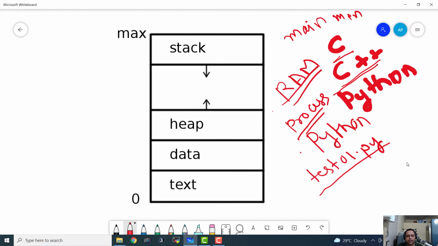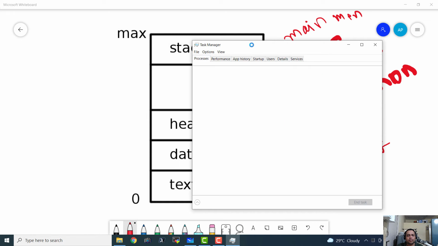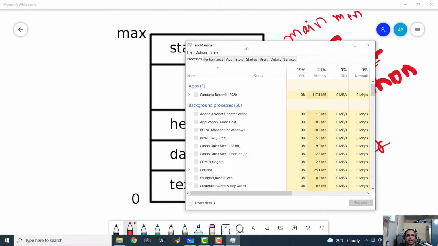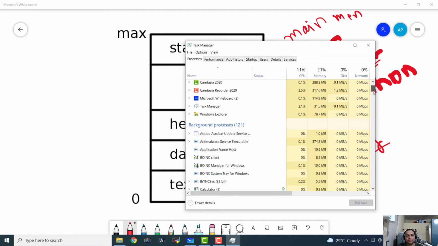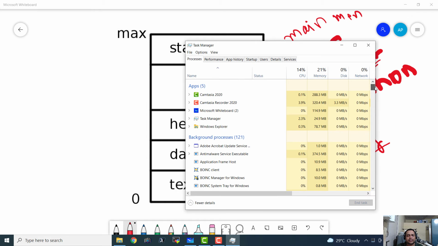So I'm just going to hit Ctrl Alt Delete and it is going to show me the option for task manager. So this is the task manager of my Windows system. Here I can see the processes under execution. These are all the processes that are currently running.